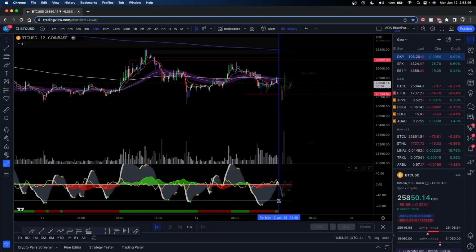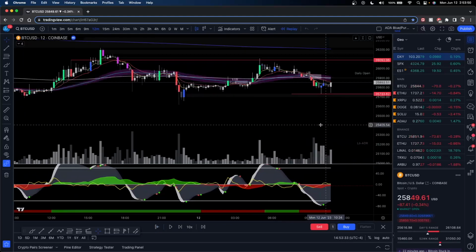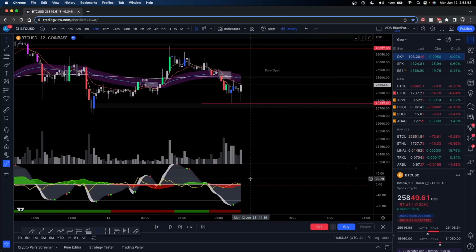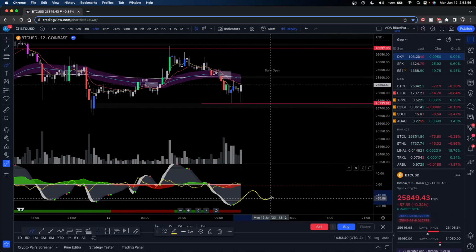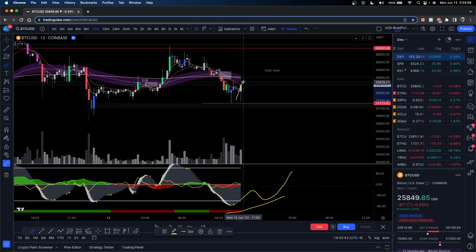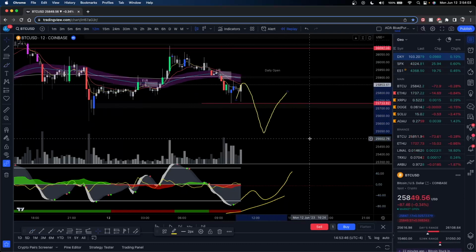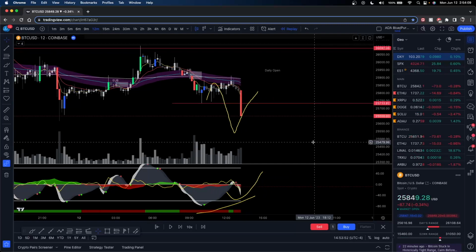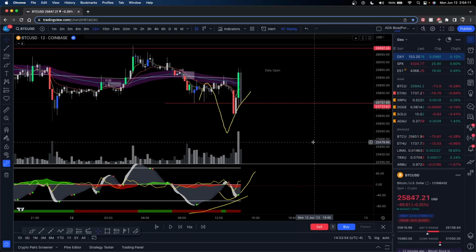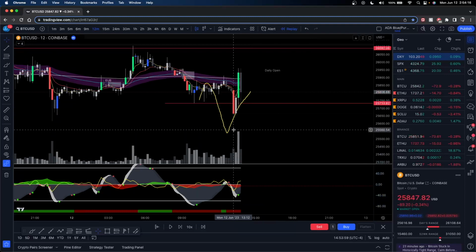So let's go back in time. If we were like here, right? Price bounced. We're waiting for a potential divergence. We know, we're aware of it. So in real time, we would draw something like this, right? We don't know where it's going to land exactly, but we would draw something like that. That's what we're looking for. Now, if we fast forward time, not moving that, if we fast forward time and that idea plays out,